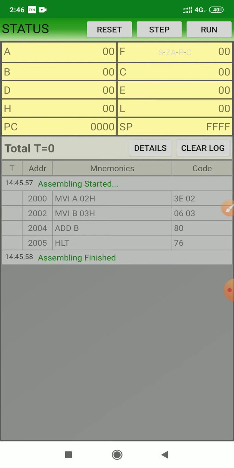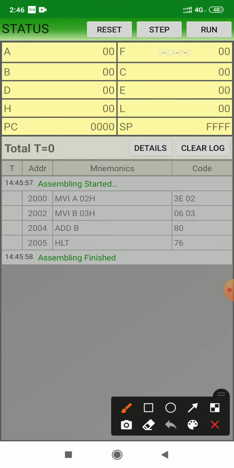This is the 8085 architectural view, where this is the accumulator, this is the flag register, this is register B, C, D, E, H, L, PC and SP.